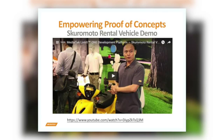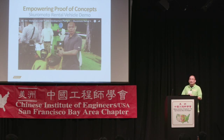So the next one is a scooter motor. It's an electrical motorcycle rental management system. It was created by students in a university in Taiwan, and because the students are on the campus, they can rent the motor by checking out through an NFC card, and also ride around the campus as well as out to the city. So the management system can track where it is, and also what's the